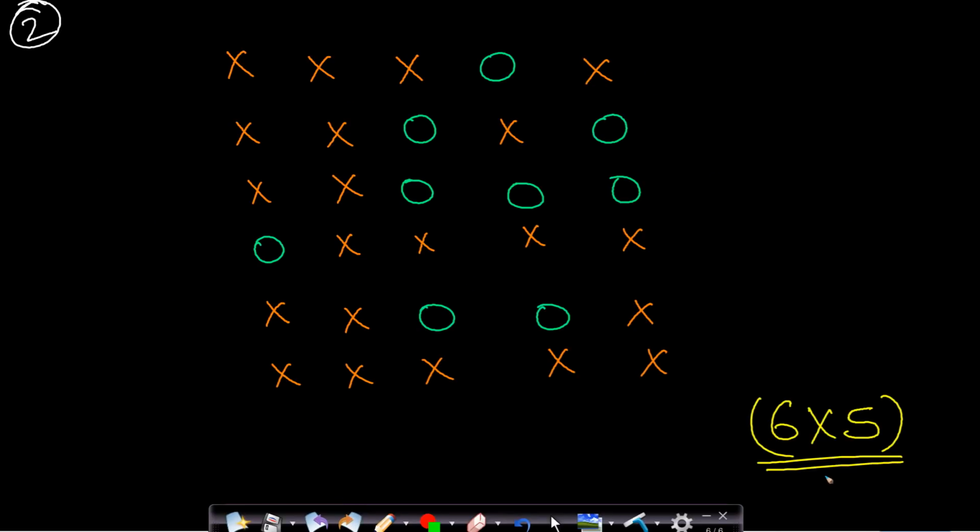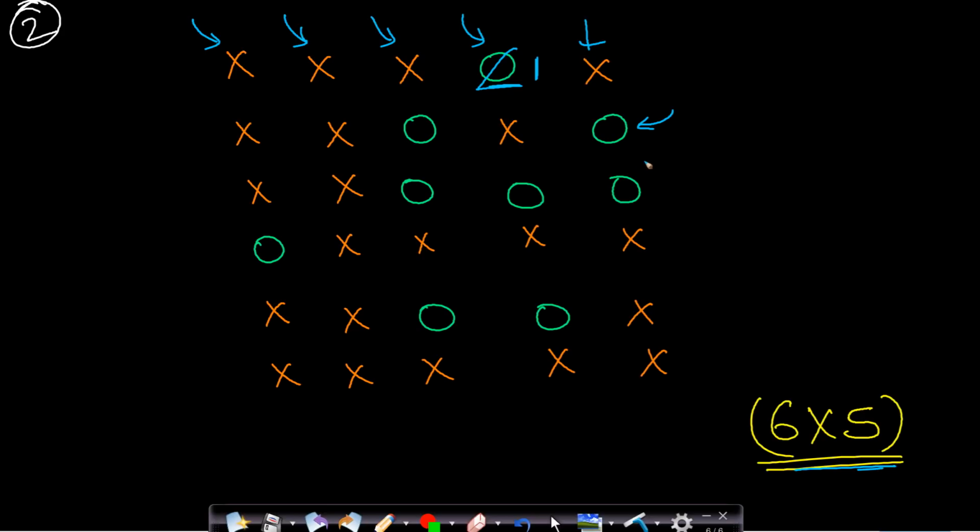Now I have taken a 6 by 5 matrix in this case. So what I will do is I will iterate for all the boundary elements first. So I will start from this first element. This is X. We will not make a call. This is X. This is X. This is 0. Once we find a 0, then we will mark the entire region connected to this 0 with a value 1. Okay. So in this case, this will be marked as 1, and there is no other 0 connected to this 0. Diagonal connections are not thought of as a connection. Only 4 directional connection is required. That is top, down, left, right. Now this next cell has X.